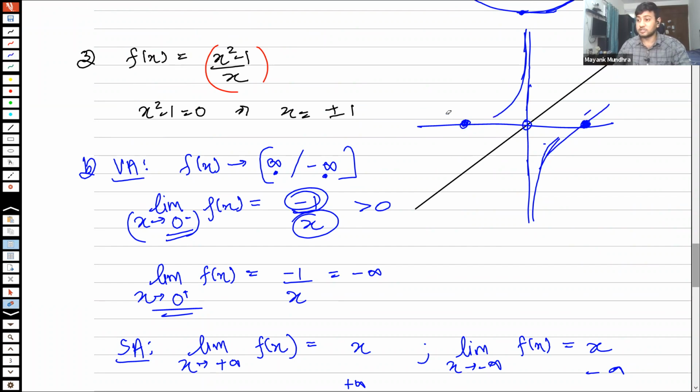So that's one possibility, but that possibility involves this function to reduce and then increase. So that's not going to happen. So it has to keep reducing and reach here. So basically what will happen is this graph will, let me remove these points. These points are bad. So these graphs are going to look like this actually.